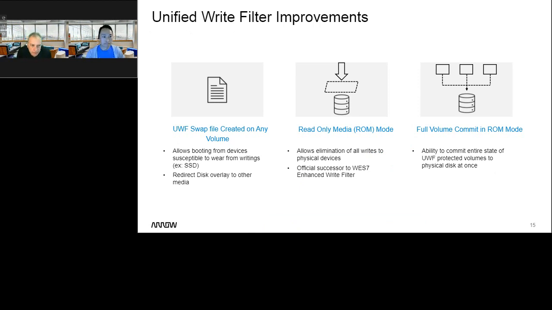The next one is the unified write filter, which was another sort of hole or missing feature with the Windows 10 family, because everyone loved what they called the enhanced write filter with WES 7, another WES 7 feature everyone loved. And although it had a write filter in Windows 10, it couldn't do all the things that the WES 7 one could. Well, they have fixed that now. And so you now have these 3 functions, these abilities that you can now do with the Windows 10 2021 product that you could not do with the 2019 product.